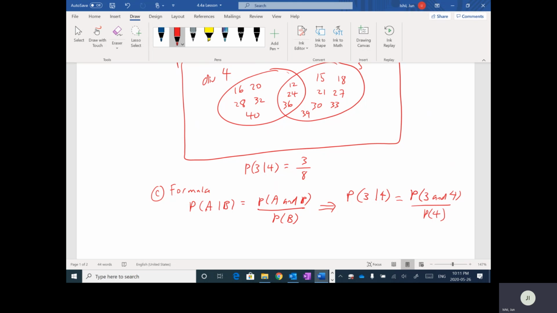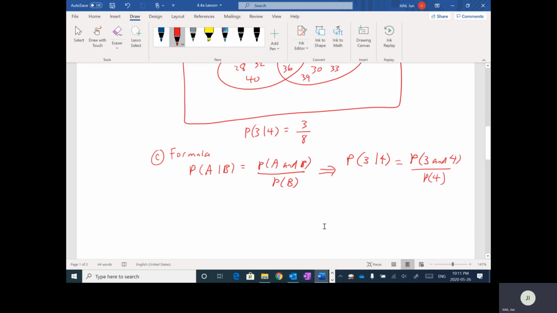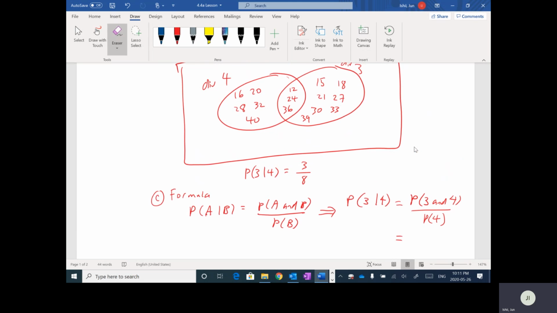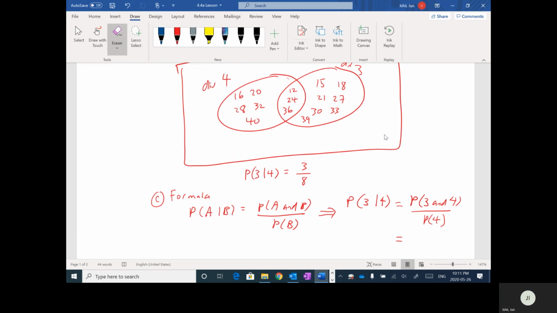I just don't want my cursor getting messed up, so one sec. What's the probability of being divisible by 3 and 4? We have 3 numbers here, so 3 out of the